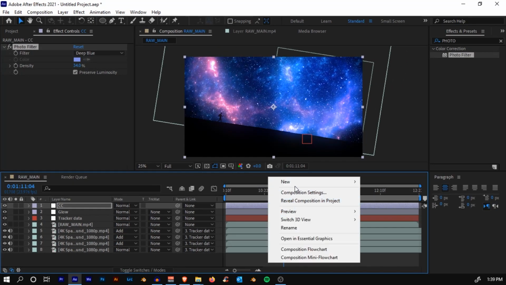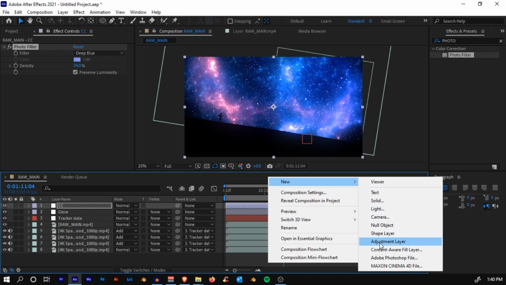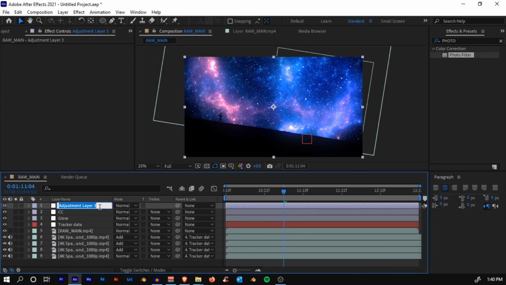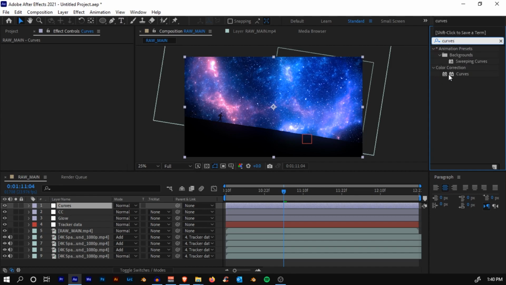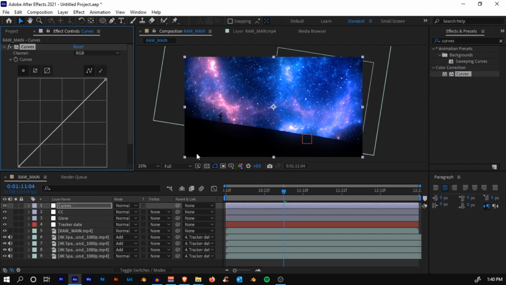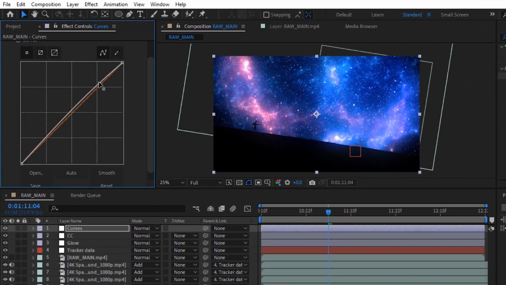And what we'll also do, right click, new adjustment layer, let's rename it to curves and search for the effect curves and drop it onto the curves adjustment. Now we'll just color correct our footage as per our liking. I'm going to increase the contrast at first